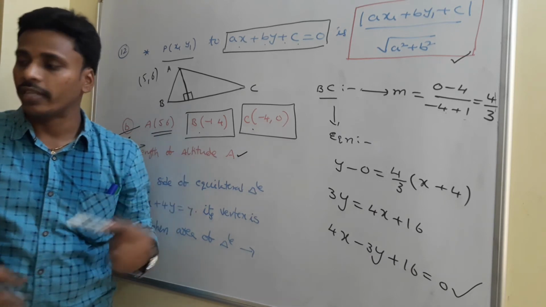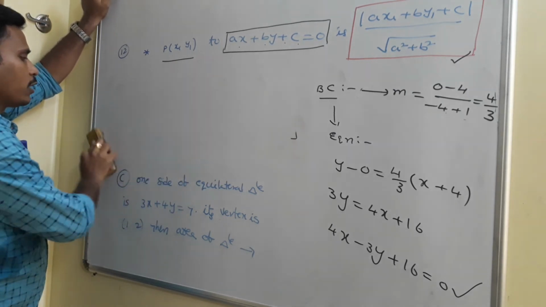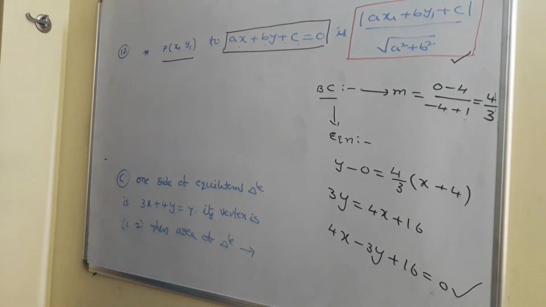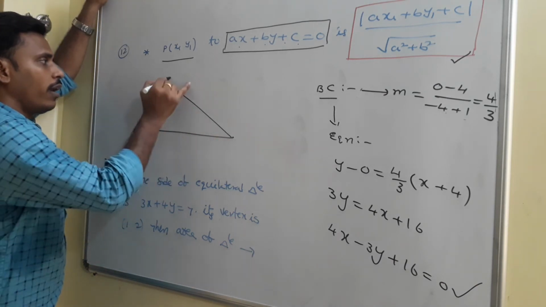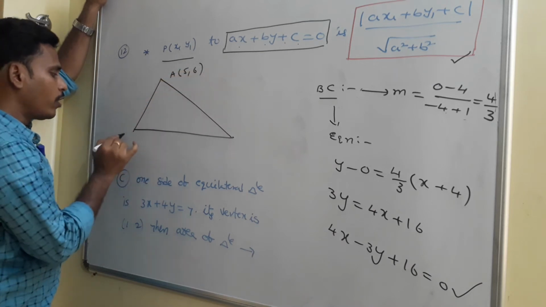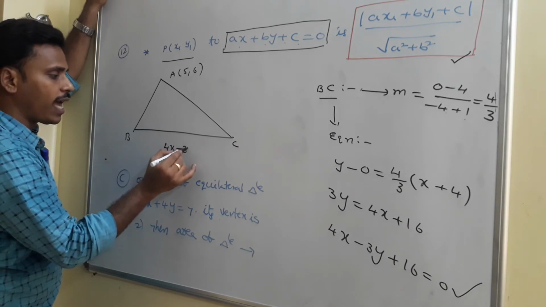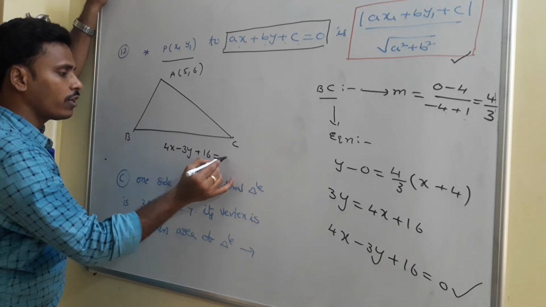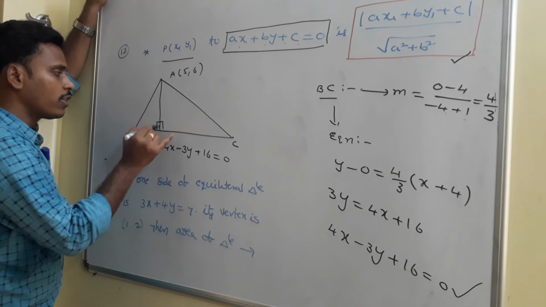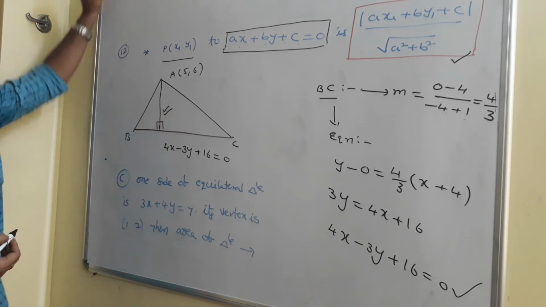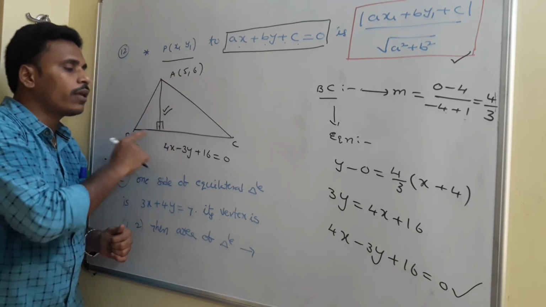Right? I am erasing this second question for a better diagram. Okay, look at that. A is 5 comma 6 actually, right? See, actually this is the triangle. A is 5 comma 6 and we have the coordinates for B and C also. Using those coordinates we found the equation of BC as 4x minus 3y plus 16 is equal to 0. And they ask us to find the length of the altitude through A. In the sense, we are going to find this length of the altitude. And that length of the altitude from A is nothing but the perpendicular distance from A to the side BC.